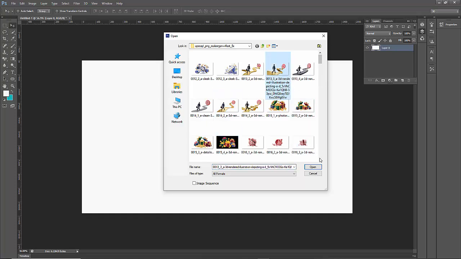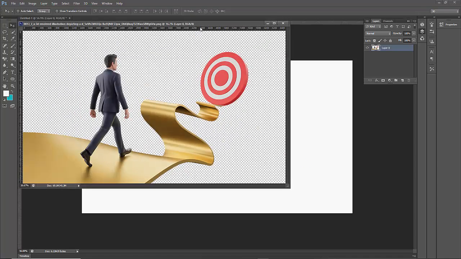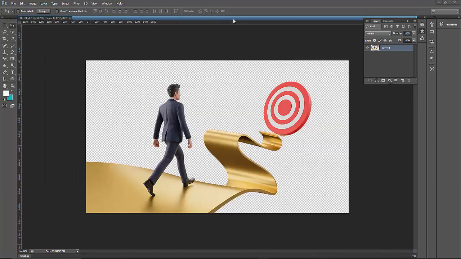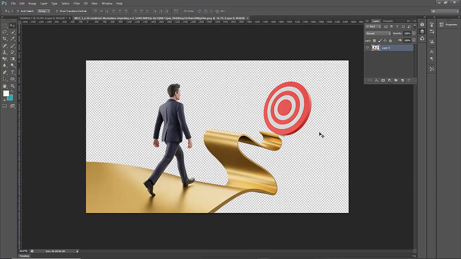Now go into the File menu option, then click the Open option. Now select the transparent picture. Now click the Open option. Now open that transparent picture. Then insert the transparent picture. Now cut the